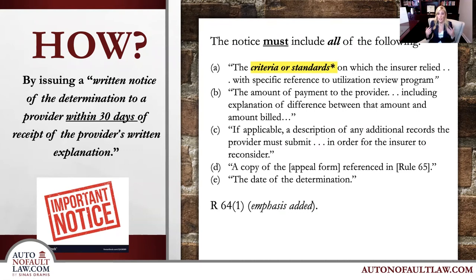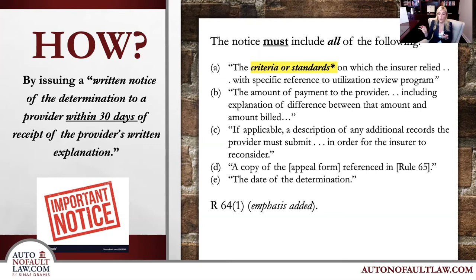Now, the notice must include several pieces of information, all of which are explicitly set forth in Rule 64(1). Again, many of these things are going to be familiar to those operating in the no-fault system as things that are commonly found right now: an explanation of benefit statements or explanation of review statements from a medical review organization or a third-party auditor. These things are the criteria or standards on which the insurer relied, with specific reference to the utilization review program, the amount of payment to the provider, a description of any additional records the provider must submit, and then two additional things that are also brand new: